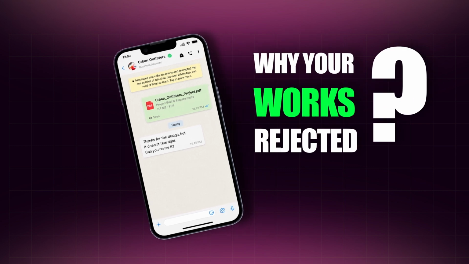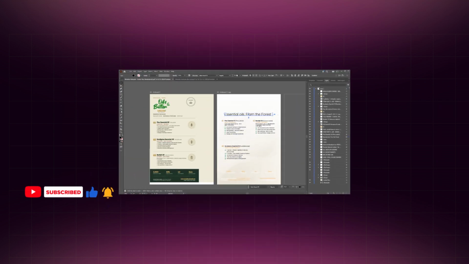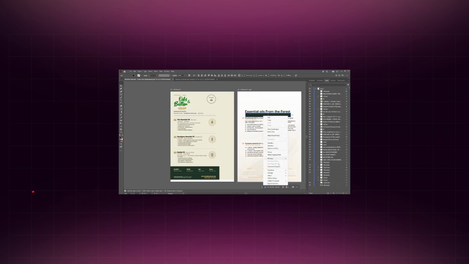Yes, every designer has received a message like this. And the painful part is the client does not tell you what is wrong. They just say it doesn't feel right. So you spend hours changing what does not serve, sometimes moving objects and trying different fonts, only to receive